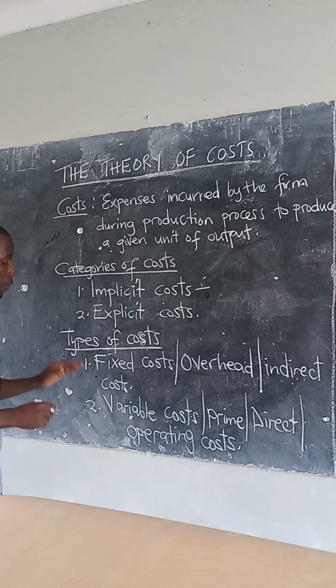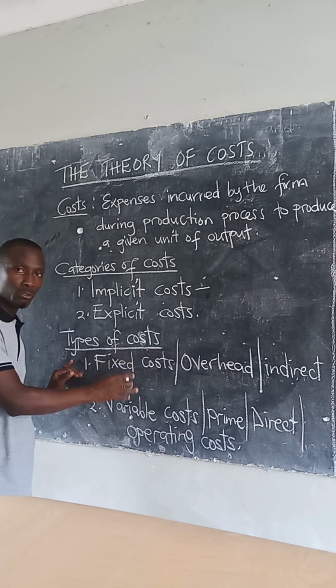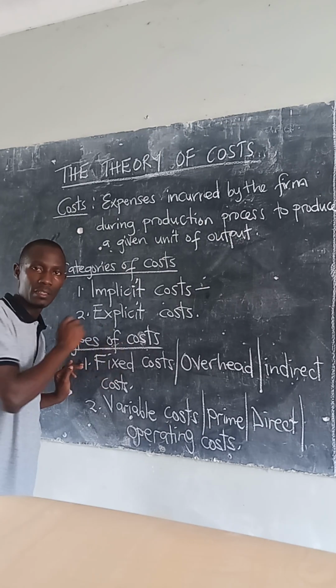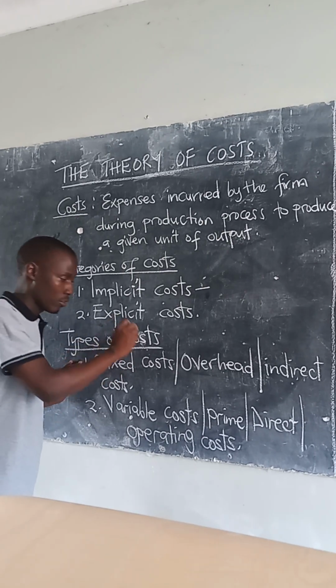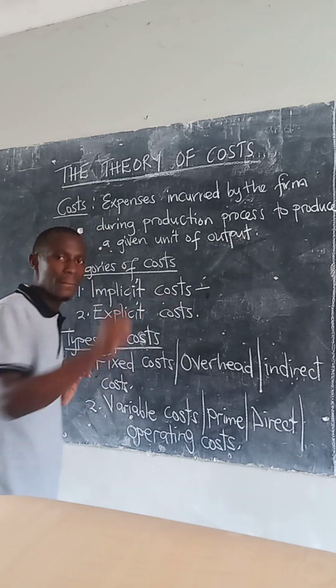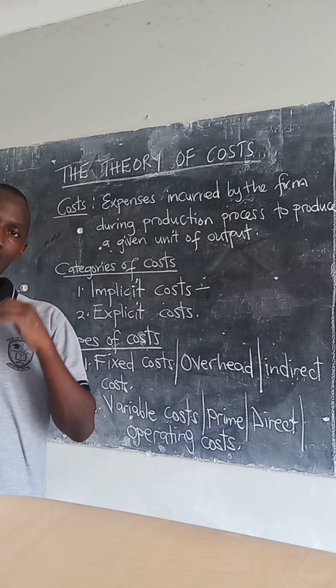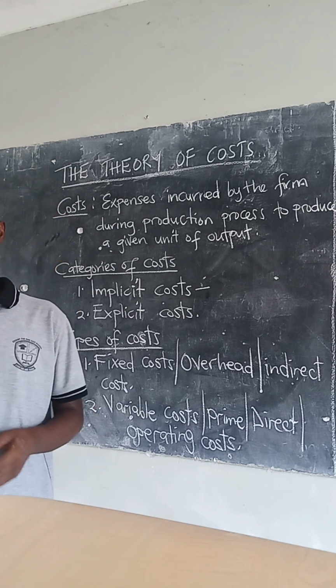So even at the point where the farm is not producing any output, these fixed costs are paid. These fixed costs or overhead costs are made by the farm. Whether the farm is producing zero output or 15 units or